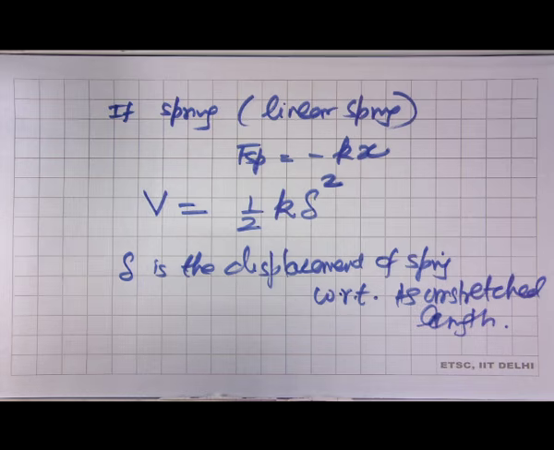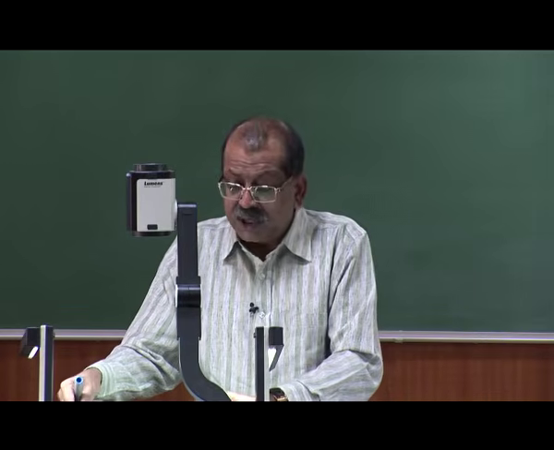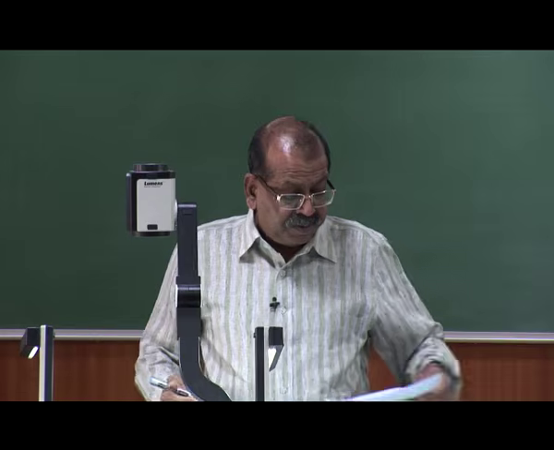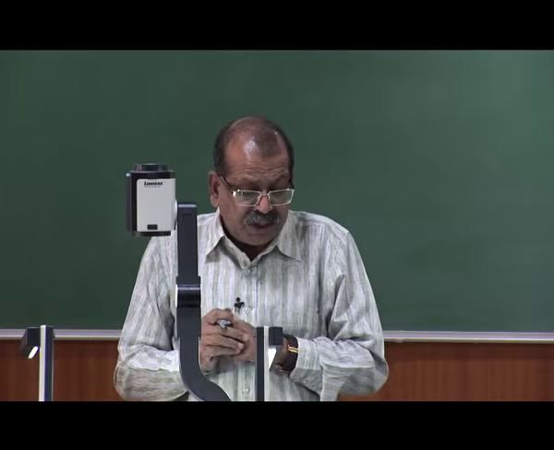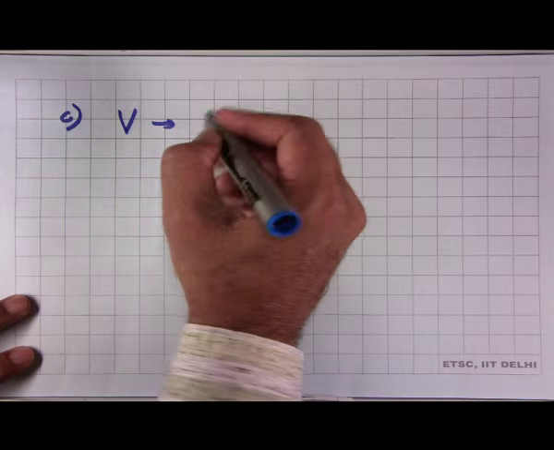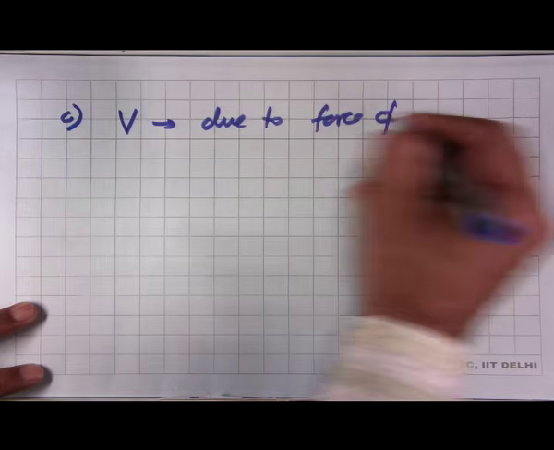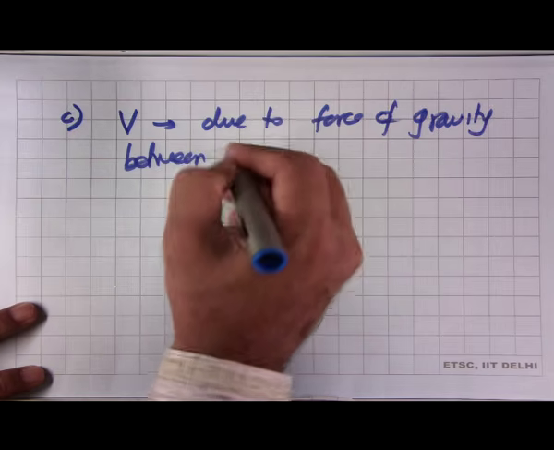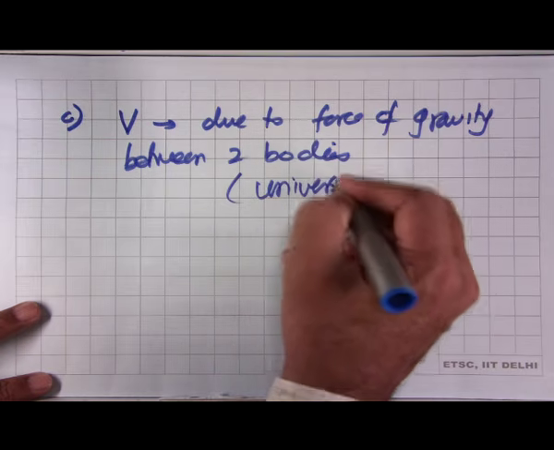So, now we have seen two forces for which we can write the potential energy: force due to gravity and the force due to a linear spring. There is a third type of force for which potential energy can be defined, and this would be potential energy due to the force of gravity between two bodies, and here we are talking of the universal